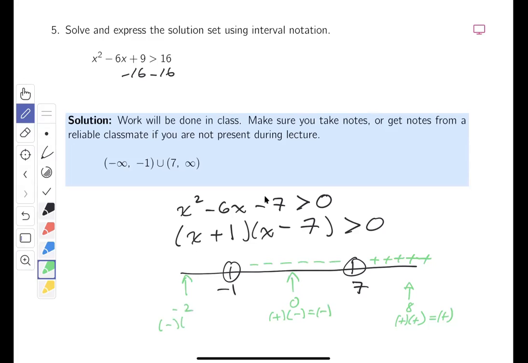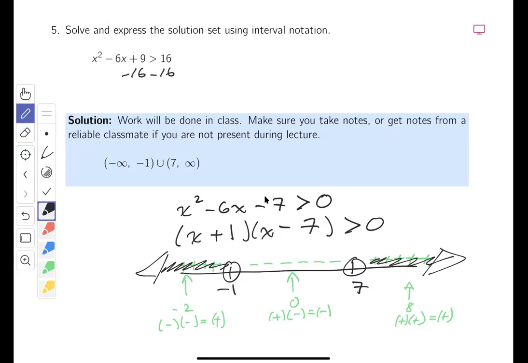And minus 2 minus 7 is also a negative number. What's a negative times a negative? A positive number. So this entire interval is positive. Here comes the trouble for students. They have to be able to read that. What does it say? This thing here, which we just analyzed, must be greater than 0. What kind of numbers are greater than 0? Only positive numbers. So I'm going to shade in the regions that are positive